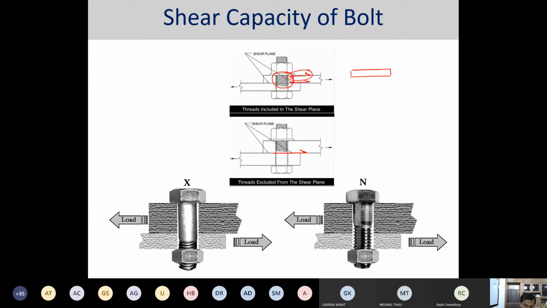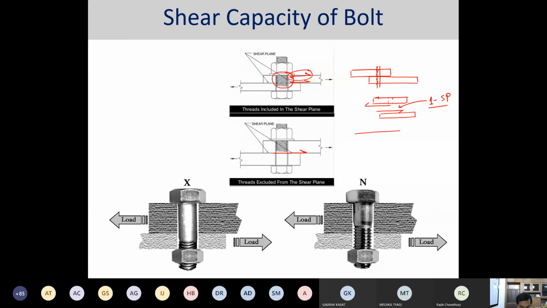If I have this lap joint and I have a bolt, and over this lap joint one plate is there, then a hole is there, then on this plate one shear plane would be there, and on the bottom the equal and opposite shear plane would be provided. So identically there is only one shear plane. Do not misunderstand that here I am providing two shear planes. Okay, because there would be essentially one shear plane.